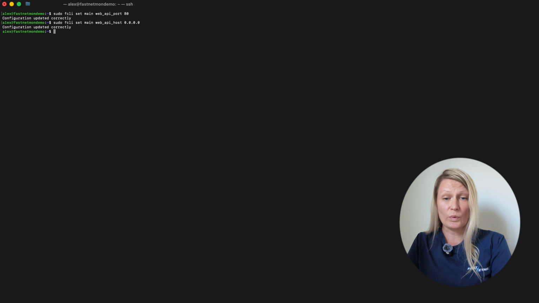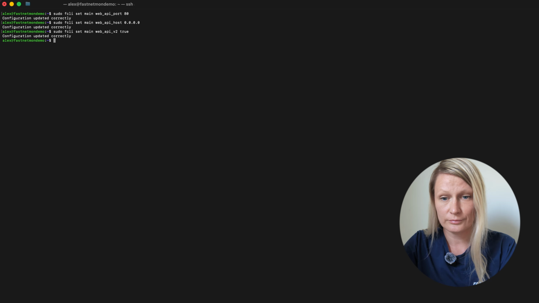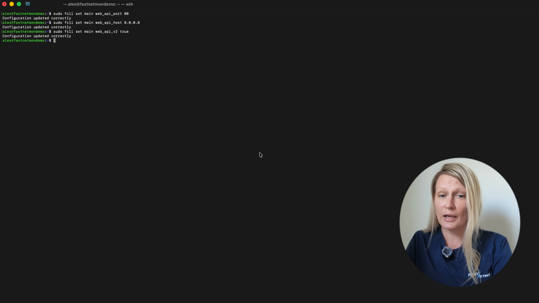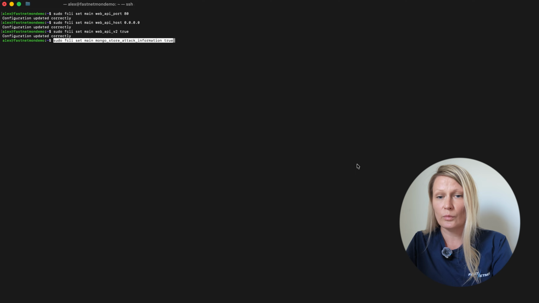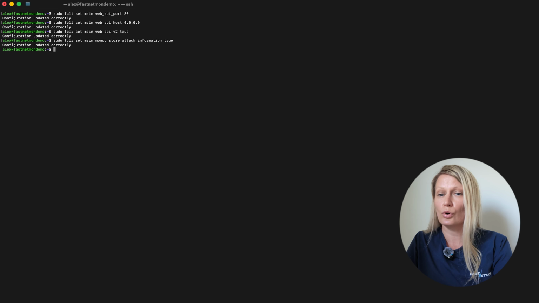And next, we will enable the API version 2. Live View relies on version 2 of the API, so this step is required. One thing to be aware of is that enabling API v2 changes the API endpoint. If you have any existing scripts or integrations using the older API, you will also need to update them.